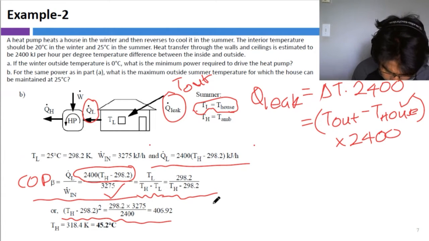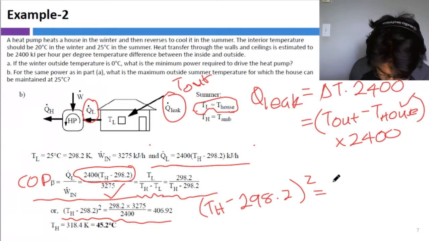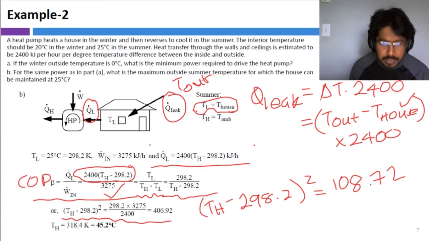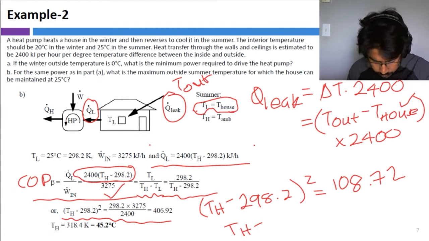So it's interesting to note TH minus 298.2 squared equals the right hand side portion, which is going to be about 108.72,